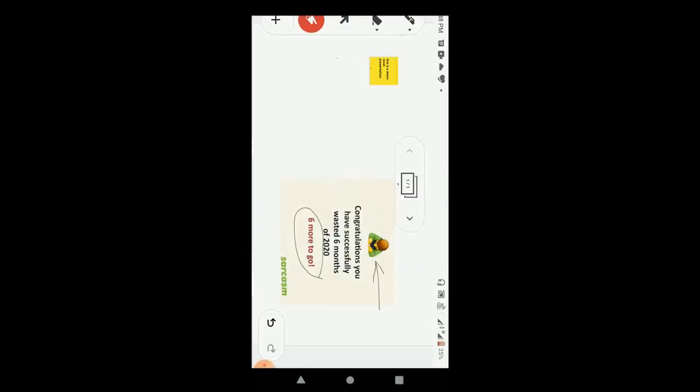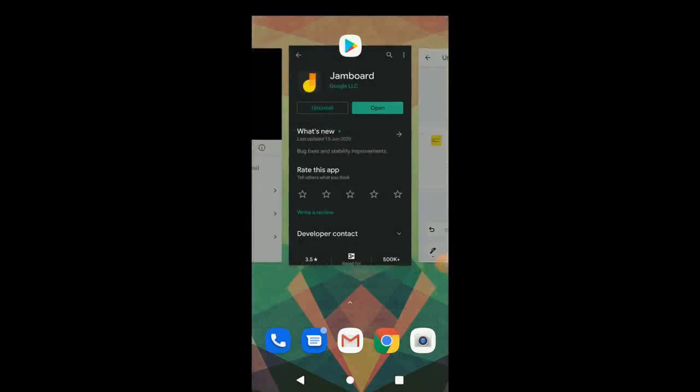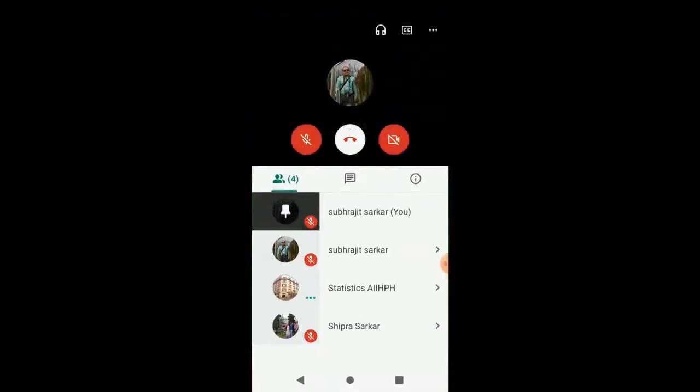and you can start annotating it like this. And there is the presenter laser. You can easily use this laser to show something with emphasis. So this is how the whiteboard works with our presentation window. Let us again move to our meeting screen. That is how you can teach your students using Google Meet through your mobile device.